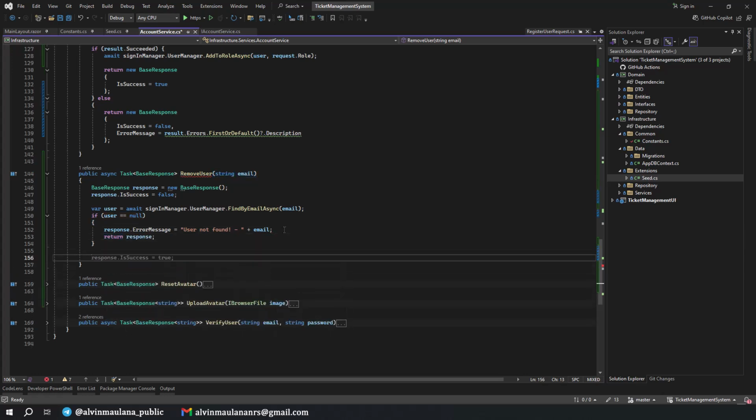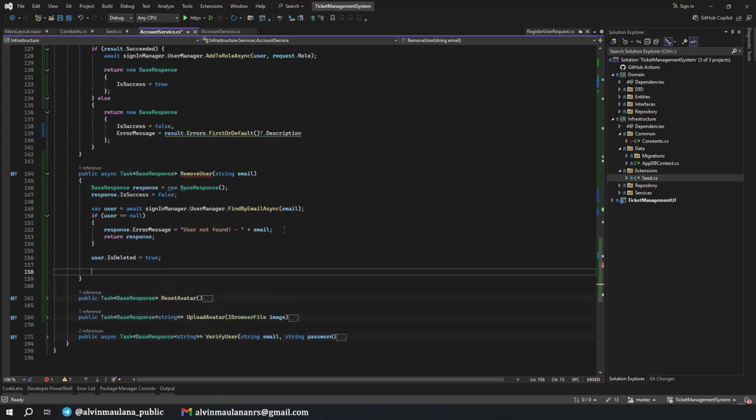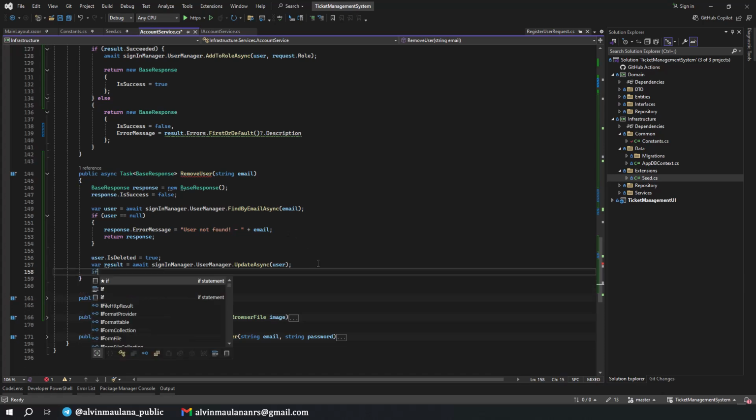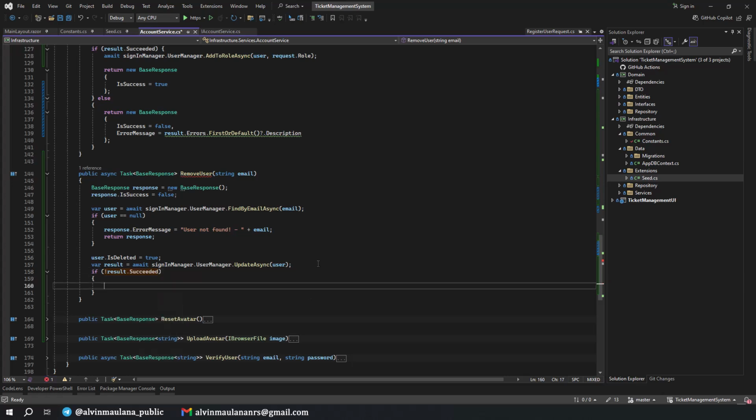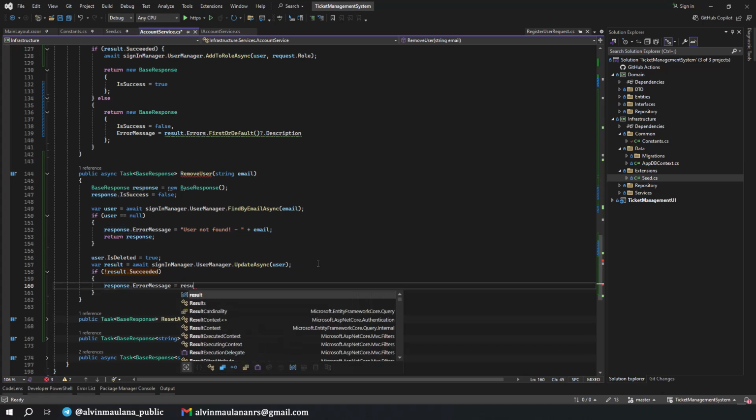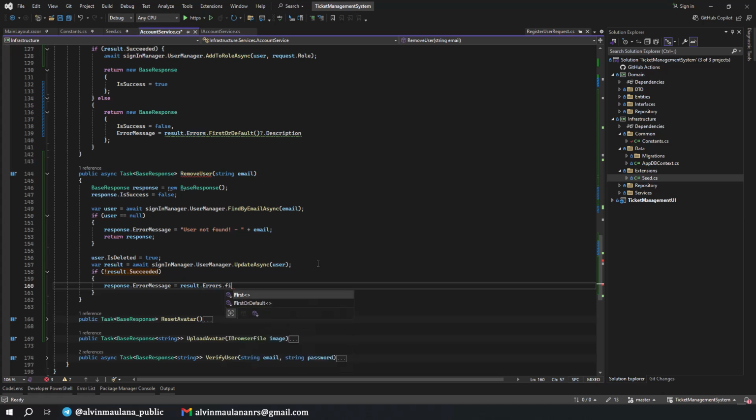And if the user exists, we just set the user is deleted to true, and we need to update this. Result is await sign in manager, user manager, update asynchronous with the user. We update the user, and if the result is not success, response error message is the result errors first or default, and we get the description.